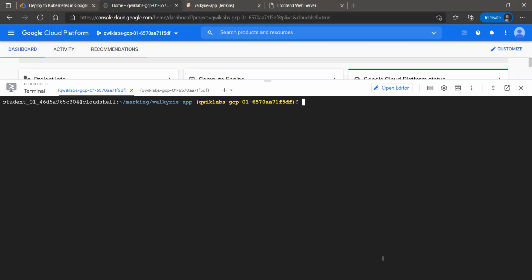For that, we need to do git config --global user.email, which will be our email.